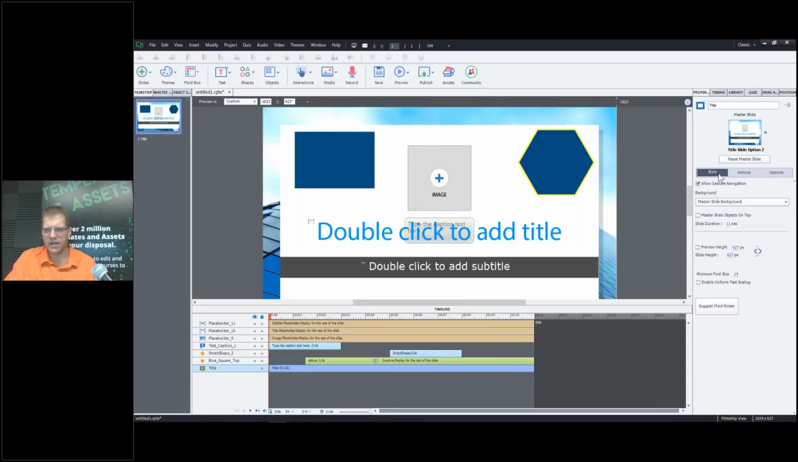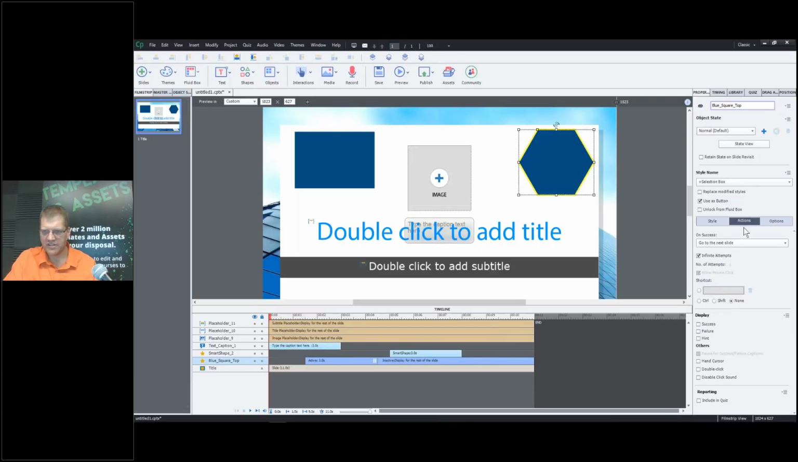So we've gone through a lot of that. One thing I want to run through really quickly are these actions. An action is essentially something, as you've created a button, this is telling the button what you want it